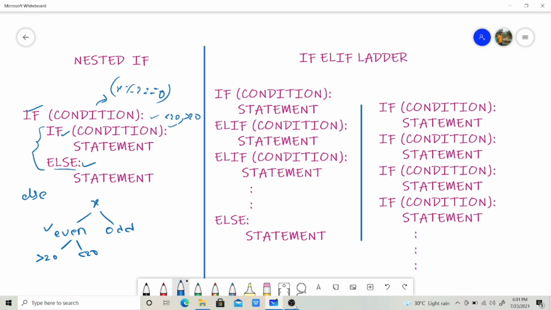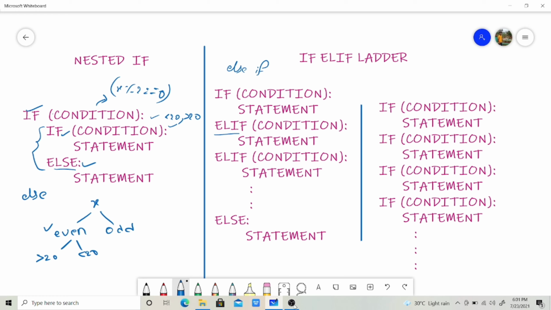Now we'll discuss the if else if ladder. In Python we use elif, but in other languages we use else if. To use this elif ladder we have to know when to use it.